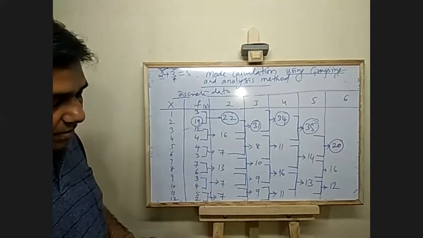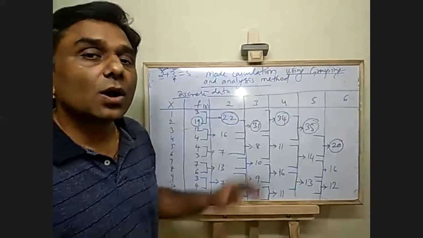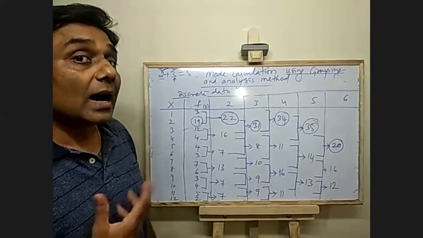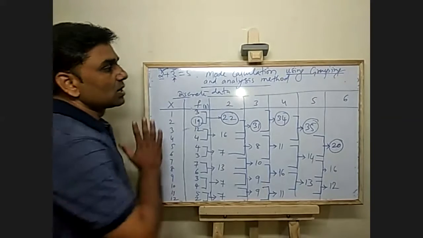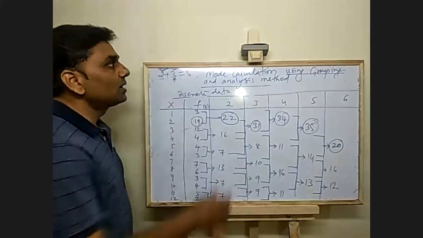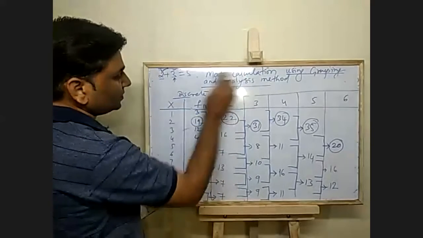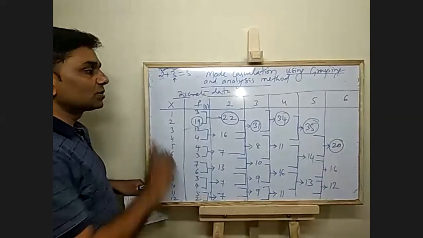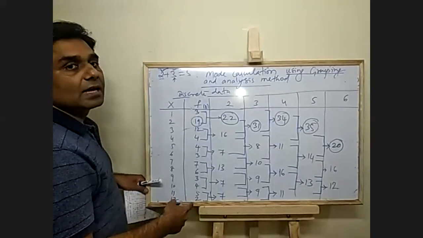Now comes the major part. What you have done? You have done grouping. This is called the grouping technique. And now you have to do the analysis. Okay. So I'll just rub this one and write the analysis part. So grouping is done. Rounding of the highest frequency is also done in each column, including the frequency given.